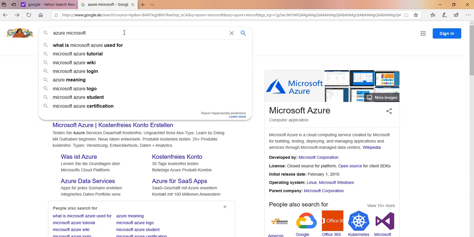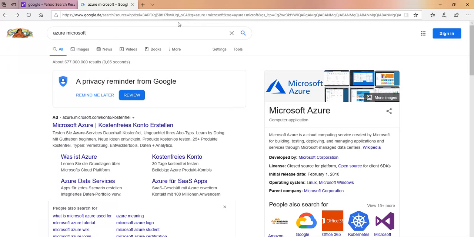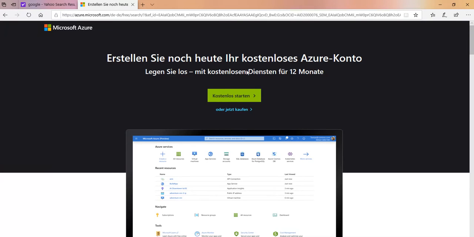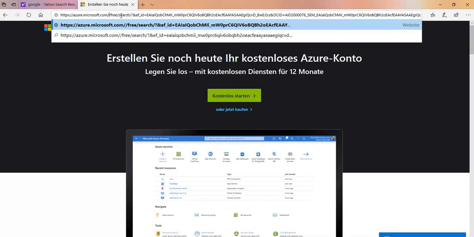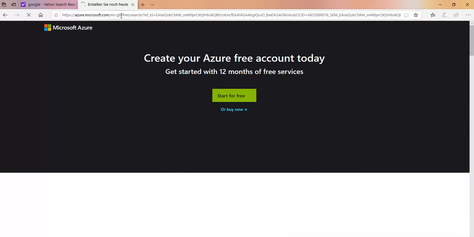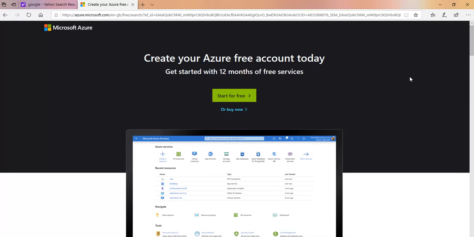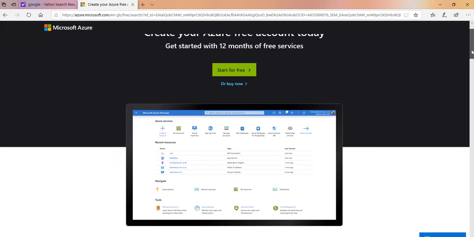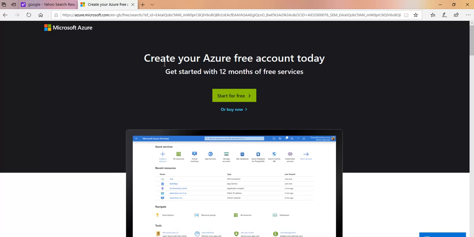So for that, just go to Google and type Microsoft Azure in Google and you will get this website, azure.microsoft.com. Simply click on this first link and this website is open. In my case it is German, so I will change it to the English version of the link. Yeah, so you are here at the azure.microsoft.com website main page, and here you can see you can create an